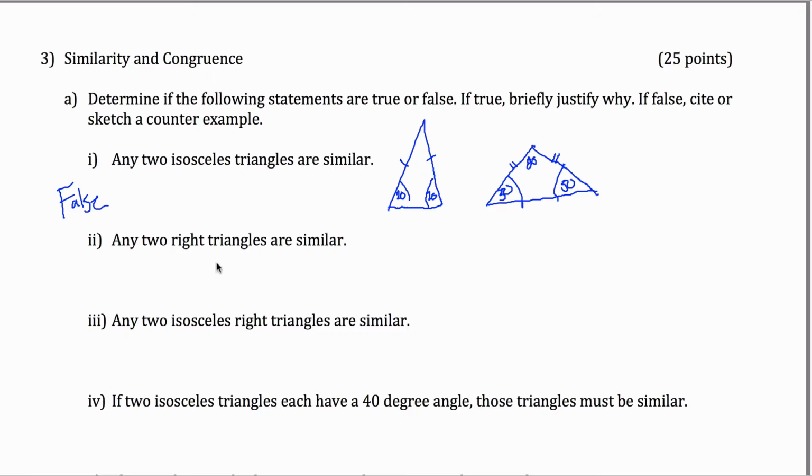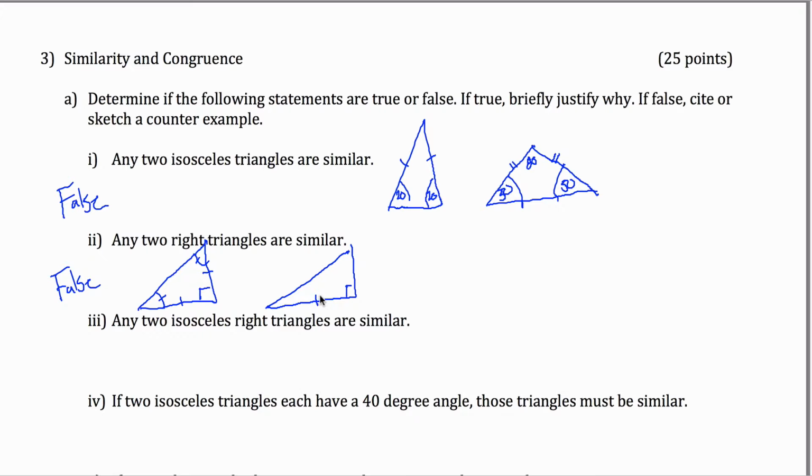Question 2: any two right triangles are similar. That's also a false statement, because here is a right triangle. I need to draw these a little bigger so I can put the angles in there. Here is a right triangle, an isosceles right triangle, and therefore this angle is the same as this angle. They're both 45 degrees. And here is a right triangle